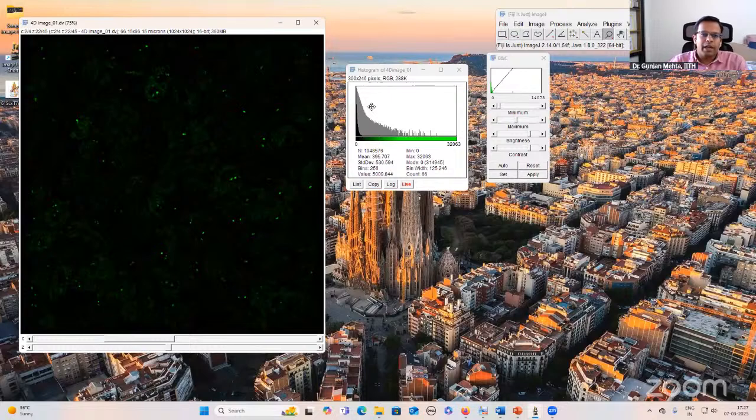And before you make any quantitative measurements from the image, you should ensure that your image is not overexposed, okay, by checking this graph. So you have to check the bit depth of the image, that is a 16-bit image. So that means it has from 0 to some 65,500 gray levels. Okay, so this value should not reach that 65,000 limit. It should be within that limit. And if it is within that limit, then this image is quantifiable.